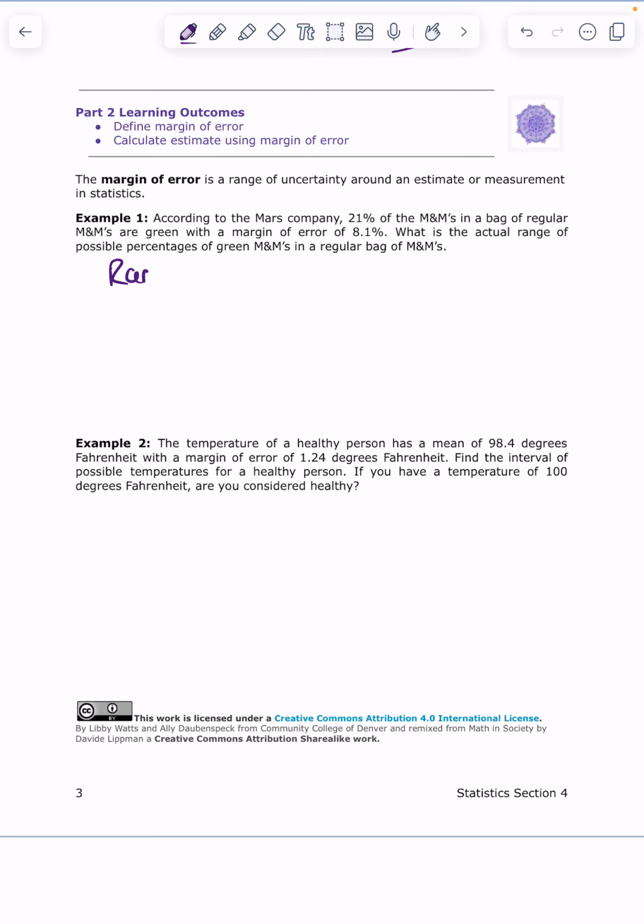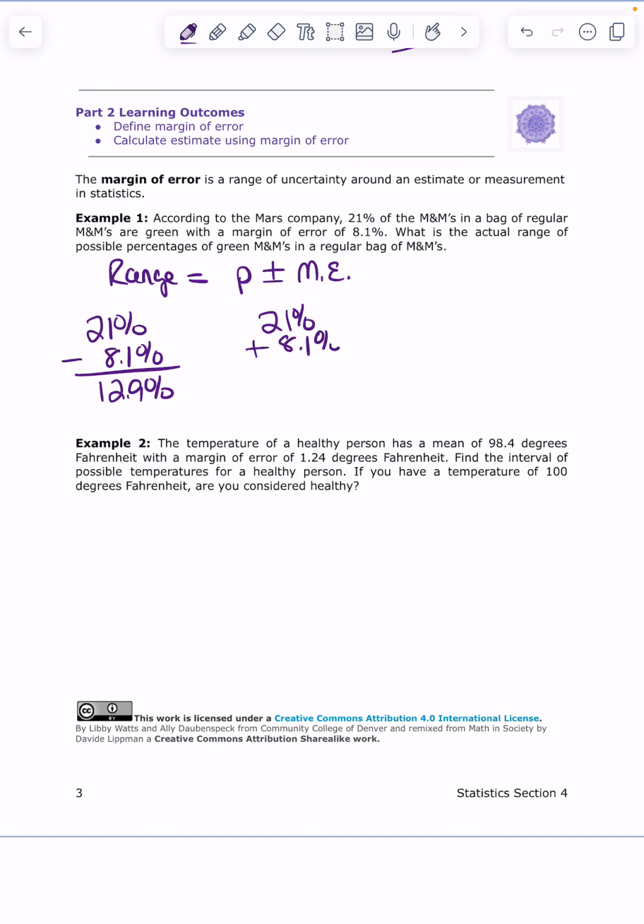So the range is going to be the proportion plus or minus the margin of error, which I'm going to abbreviate with ME. So we have to do the proportion, which is 21%, and subtract the margin of error, 8.1%, which is 12.9%. And then we also have to take that and add 8.1%, and that's 29.1%. So the range could be written as 12.9% to